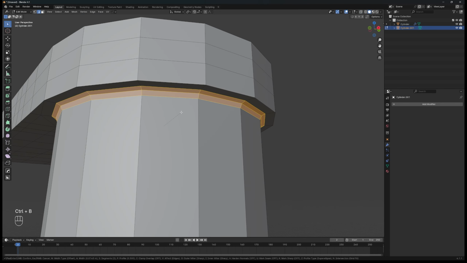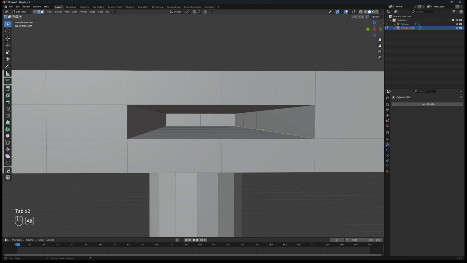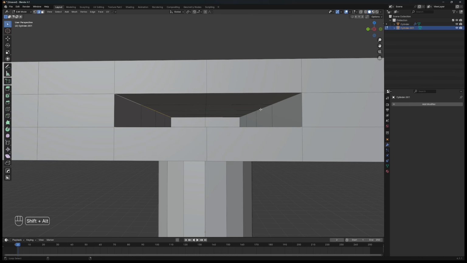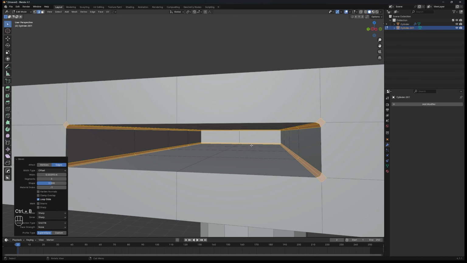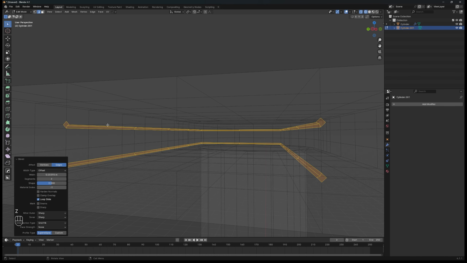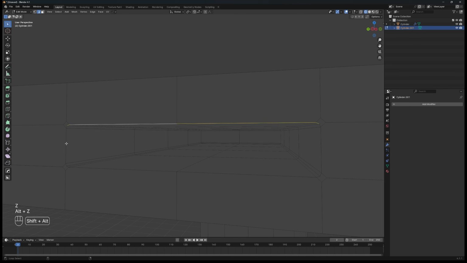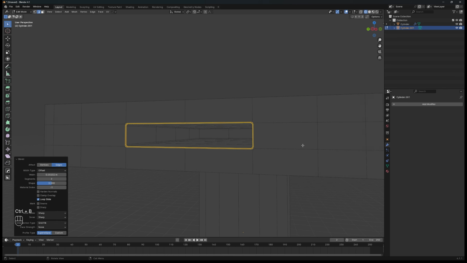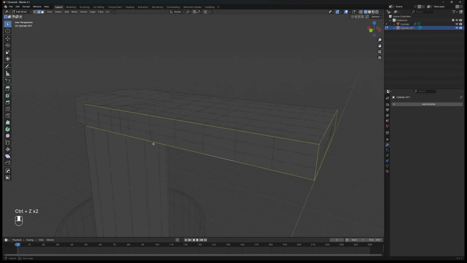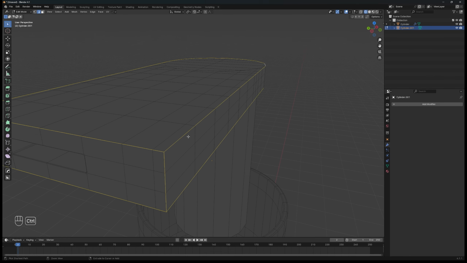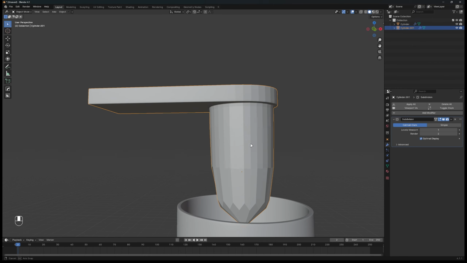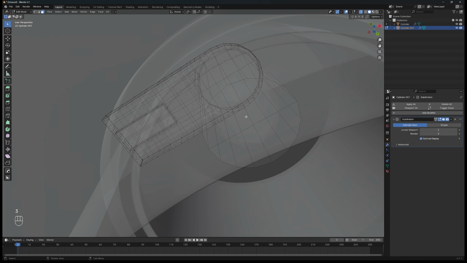Here I add a bevel to round the connection, and on the inside square select the inner edge only, then bevel them with 3 segments. After you have done that, select the outer edge of the hole and add 3 bevel segments. Here on the corner we have created some n-gons there, but relax, it's okay. Next we select all of the sharp edges of the tip, then bevel them with 3 segments.